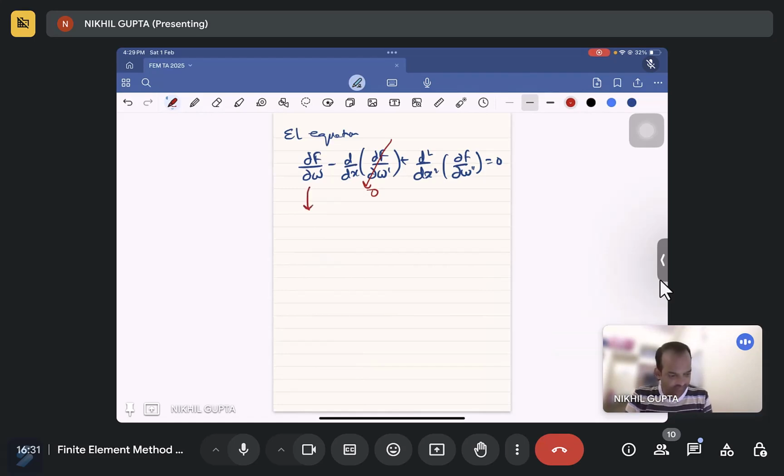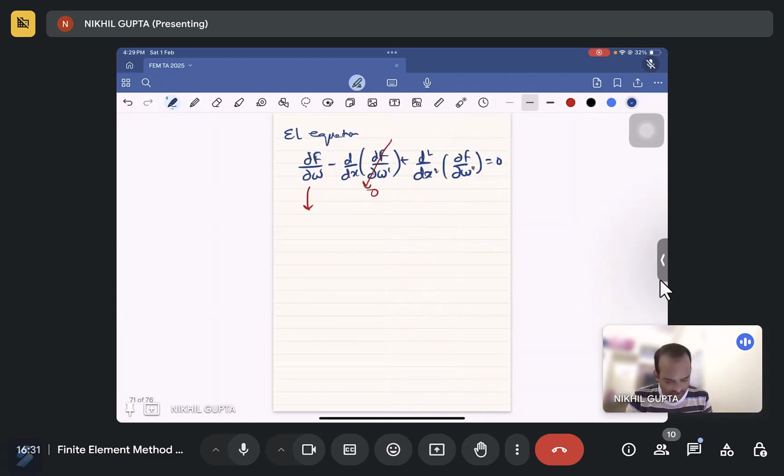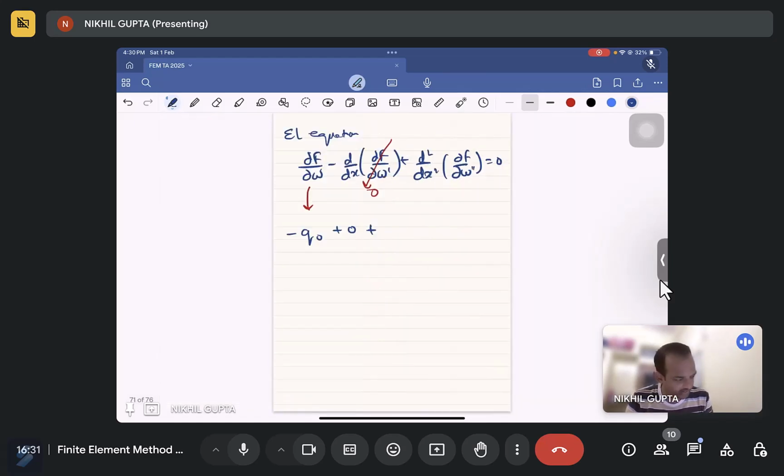Now df by dw, it will be what it will be. We will do a dw by df and you will get this minus q naught. So this will be minus q naught here plus 0 plus here it is df by d w double dash. So this is the condition you will solve. You will get 3ei and dw double dash. So when you write this, you will get